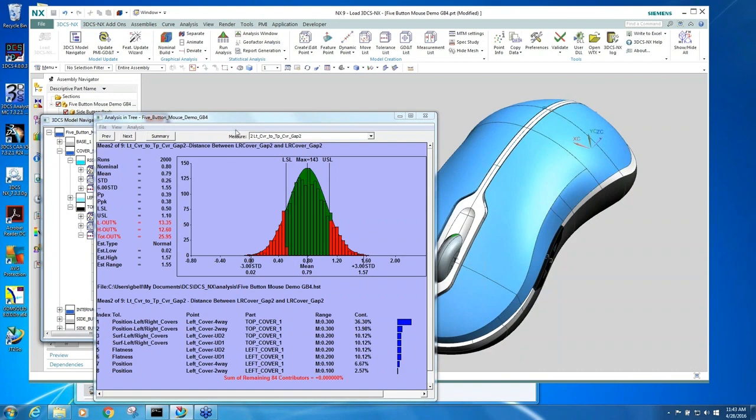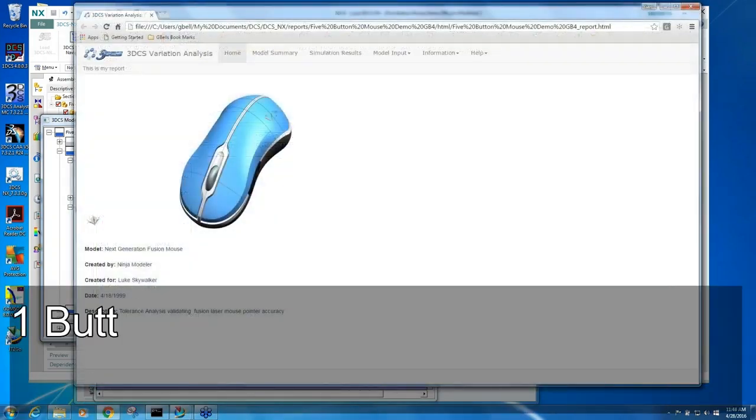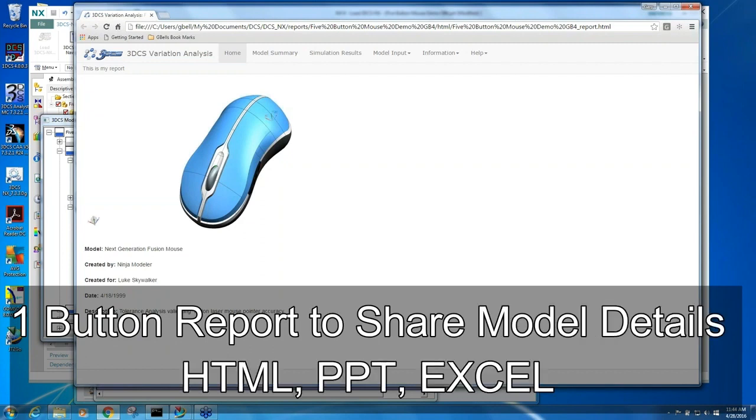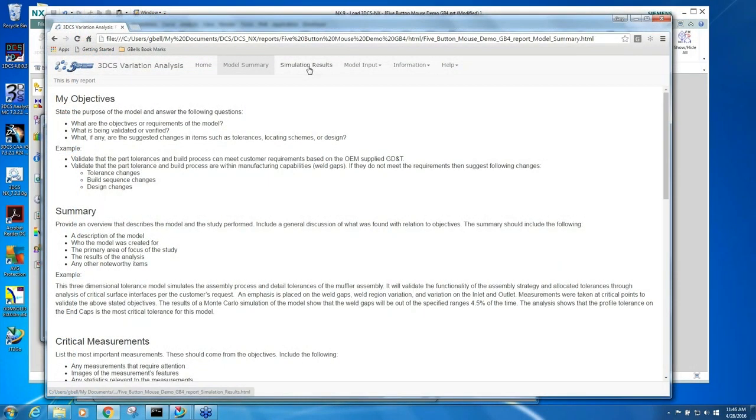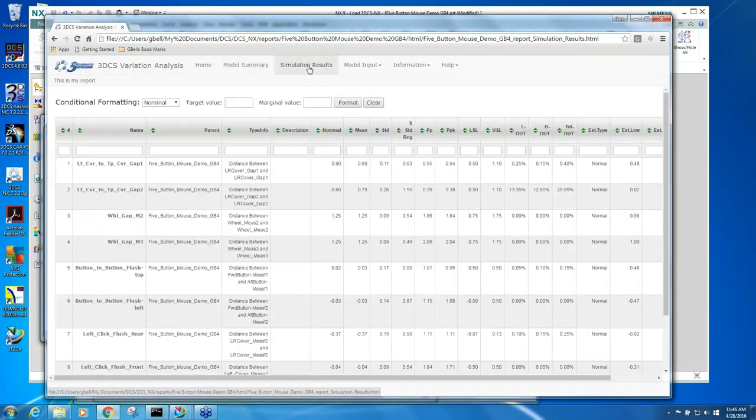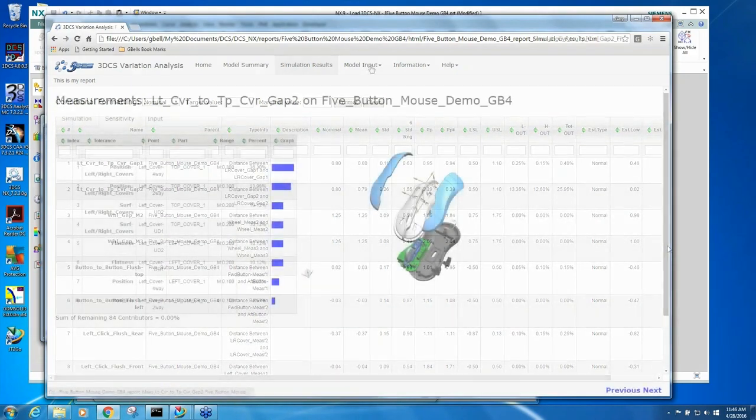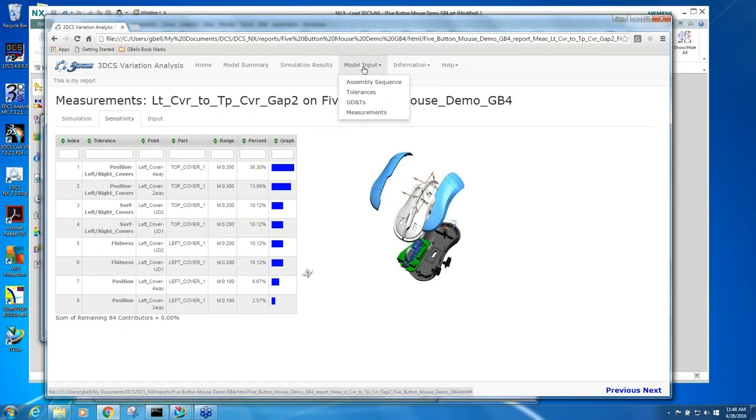When you're done and you need to create a report, you click this button here. And this is what pops up. So with a button click, that's just the home page. Then you have a model summary. But the key, I guess, would be the simulation results. So here's all of my measurements, as well as you can go to your model inputs,